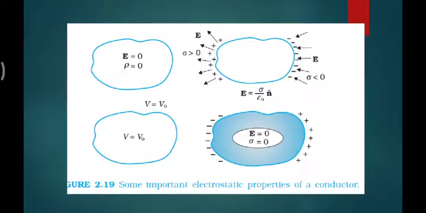And this is the conclusion of the electrostatics of conductors. This is what we have. Inside any conductor, if charge is not there, rho is 0, then the electric field is also 0. In the reverse sense, the electric field is 0, it means charge is 0. Rho is the volume charge density.